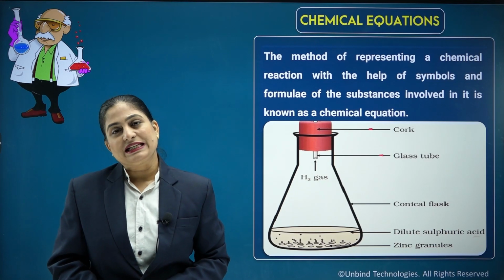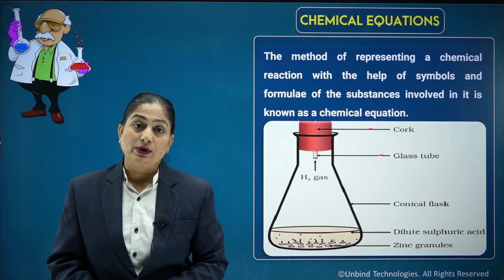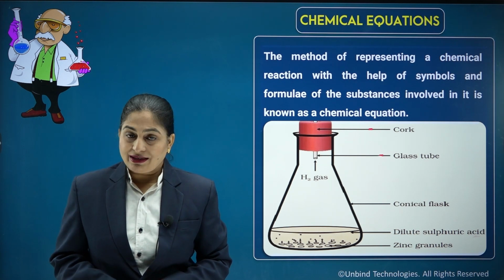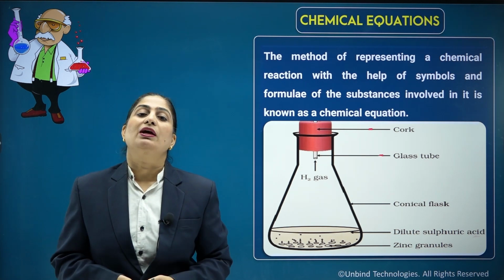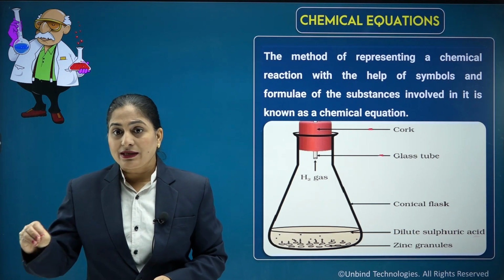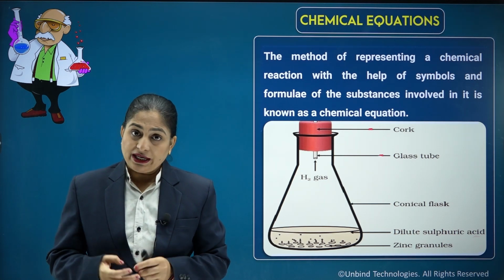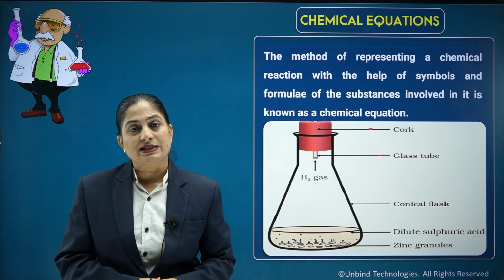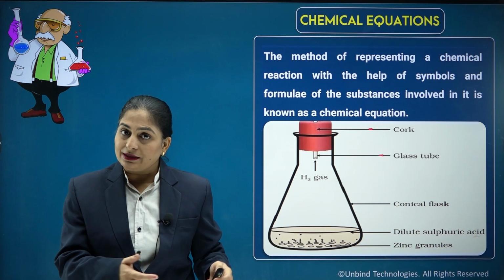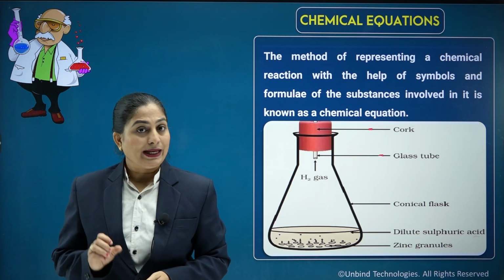Now, after these characteristics, let us talk about chemical equations. So, what are chemical equations? It is nothing but the representation of a chemical reaction in symbolic form. Like if I am writing iron reacts with copper sulfate, and I take the symbol of iron as Fe and the symbol of copper sulfate as CuSO4 and write the reaction using the symbols, we call it